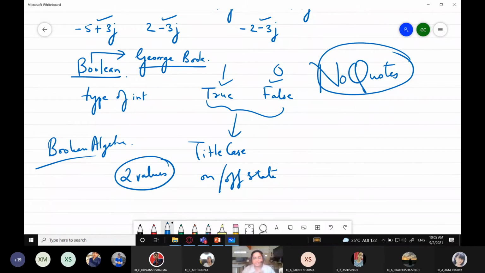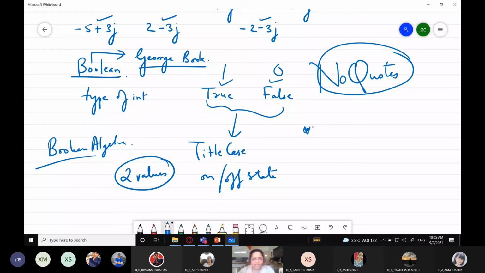By representing letters, numbers, digits, everything in the form of zeros and ones, we could easily communicate with the computer. So that is why Boolean algebra was created, which was used for designing circuits using the Boolean language. And we have a separate data type also, where if you want you can create variables containing these.